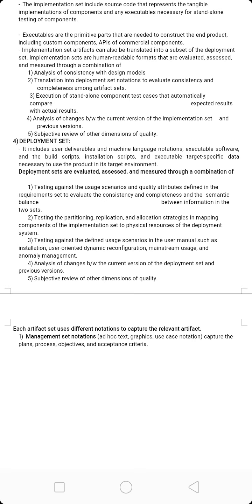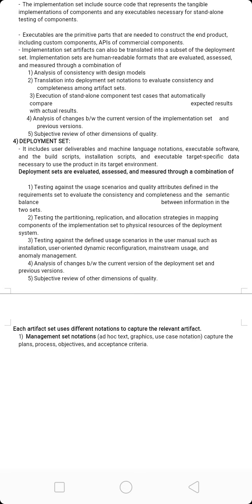See here, testing. First one, testing against the usage scenarios and quality attributes defined in the requirement set to evaluate the consistency and completeness and semantic balance between the information in the two sets are taken.